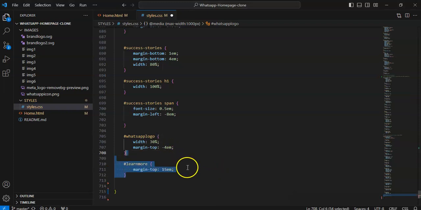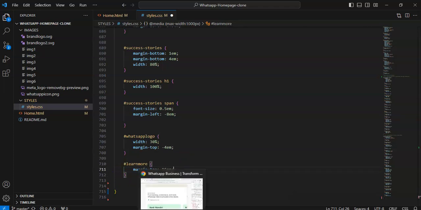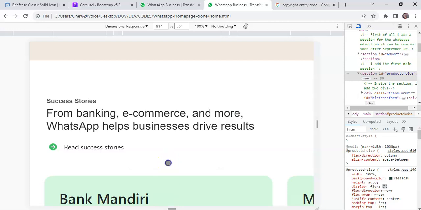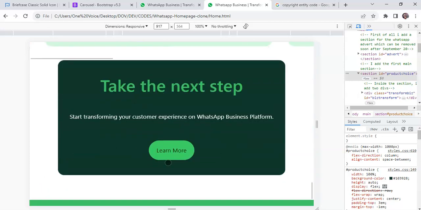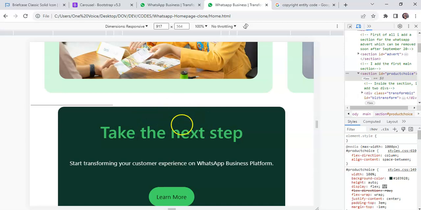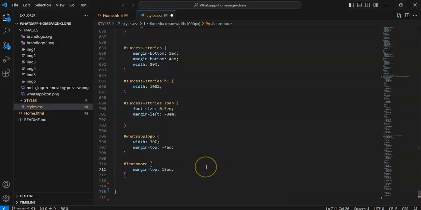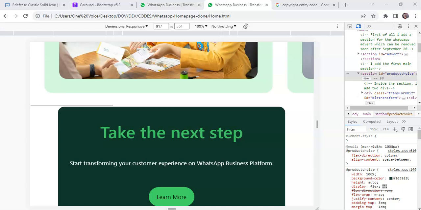Next, the learn more div. That learn more section now. I'm adjusting the margin top to 15m. So apparently, here's the learn more. It's kind of a little choked up. So I'm adjusting it. Let me save. Did I save? I save